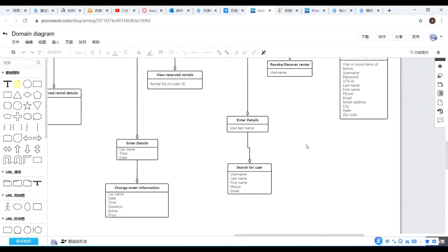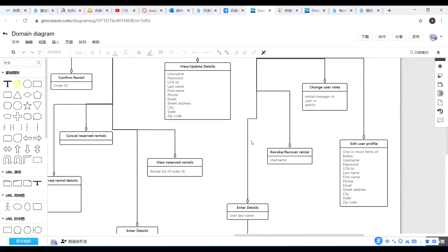And if you want to search for a user, you could enter the user last name, and it will show you username, last name, first name, phone, email, and all three of them,